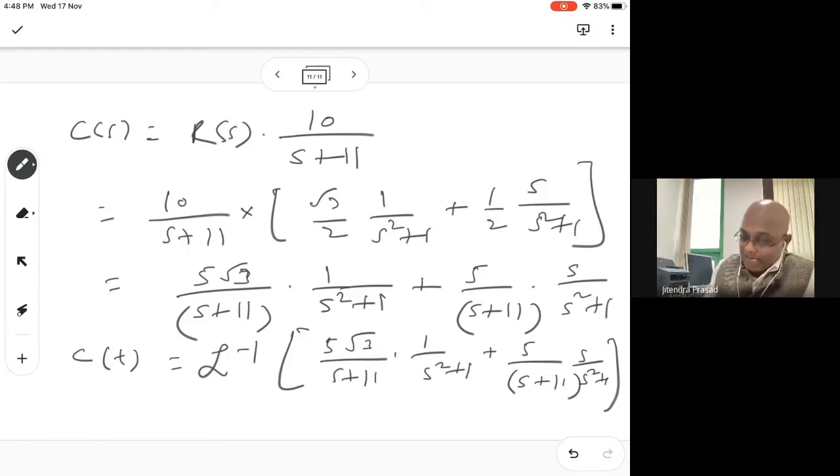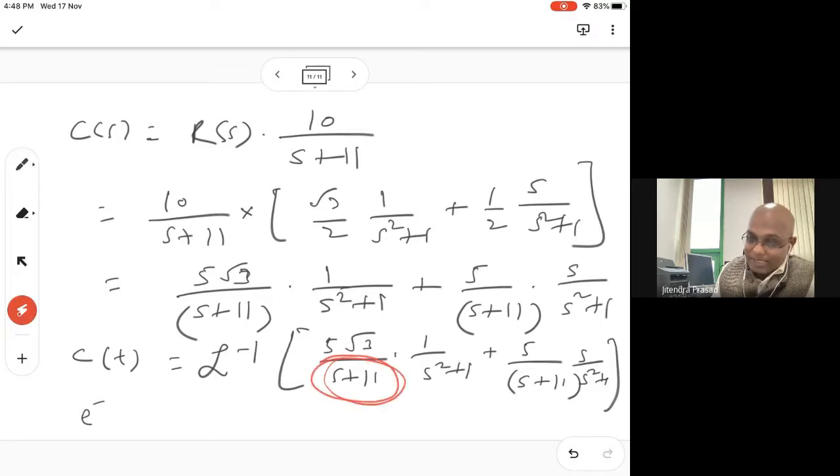However, remember that this will also have the transient part, so you have to keep only the part which is sinusoidal and cosine. It will also have e to the power minus some value because of this s plus 11 term, so there will be a transient part as well, but this will die out with time. Since it is asking only for the steady state, only the sinusoidal and cosine terms will be the answer. The rest you can do yourself.